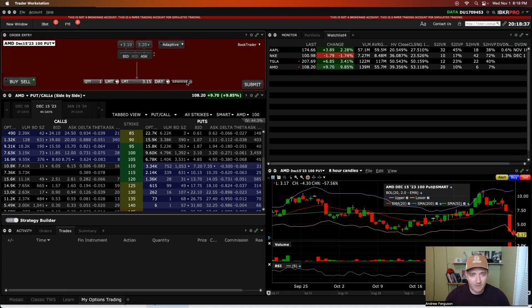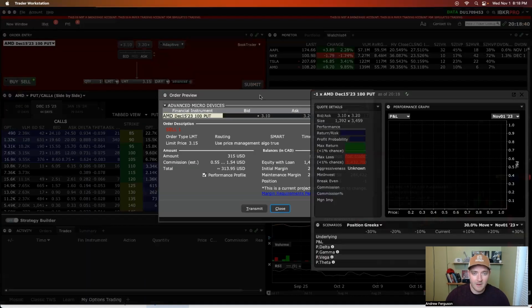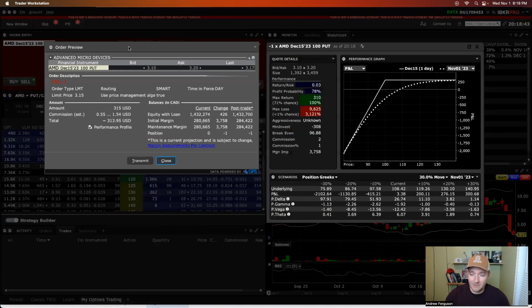Our limit price is in there, which is great. We go to advanced now. And this is where we get the key data. Margin performance. Boom. And you may think this is a lot of work, but it's really not if you want to see numbers. It is a quick, easy thing. The more you do it, the more you're going to be able to do it quickly. And you're going to see right here in this area right here,